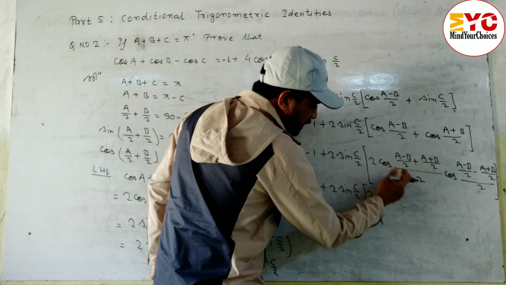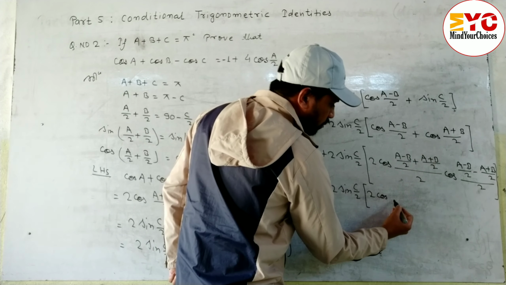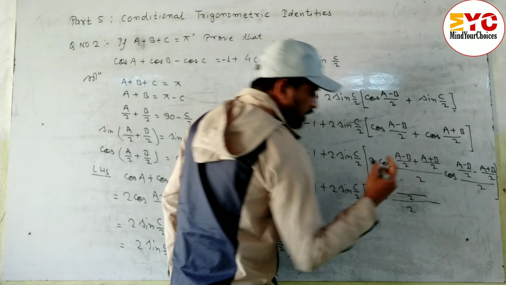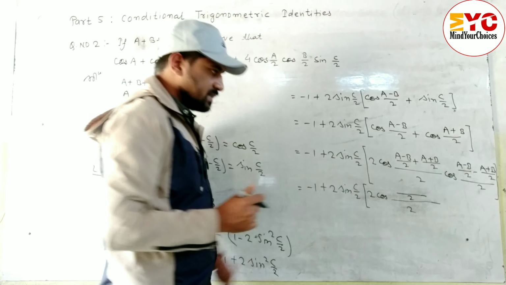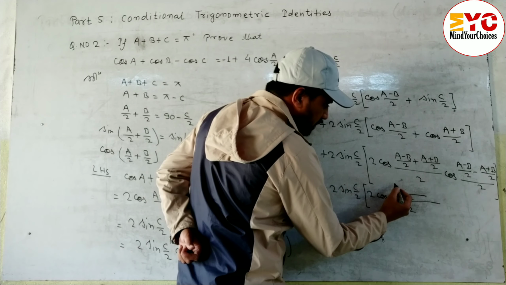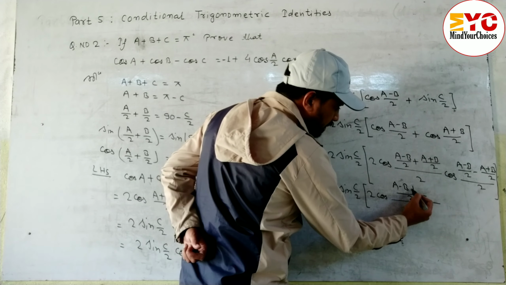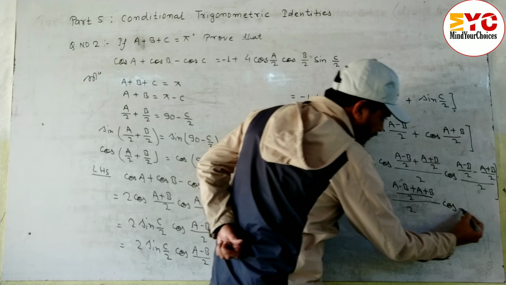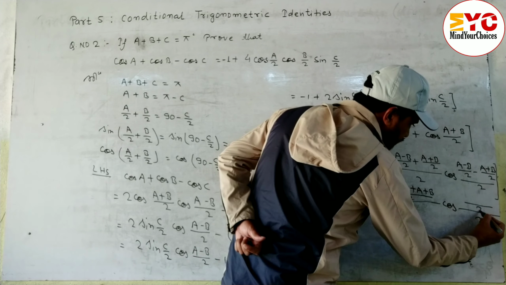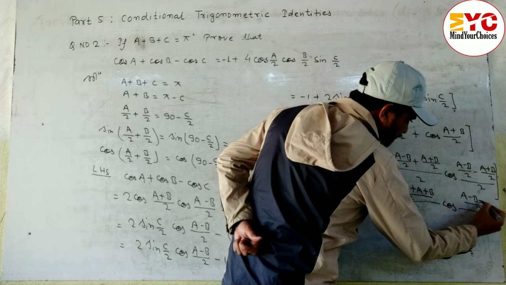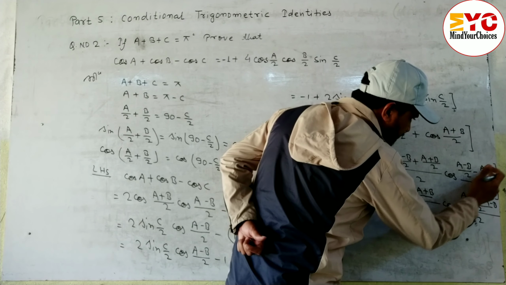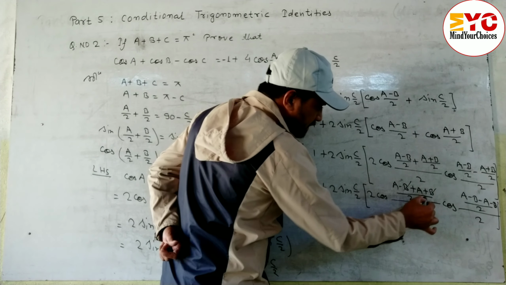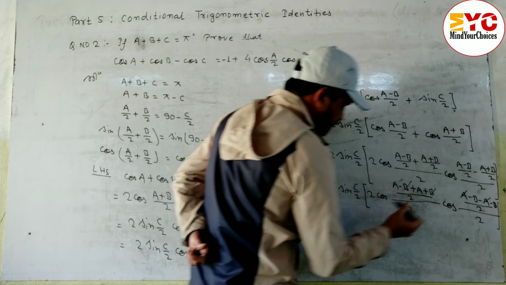2 cos, while taking LCM, what we get here is 2, right? Step by step you can understand. When you understand properly, after 1-2 videos I will do it directly. Taking LCM here 2, remaining A minus B plus A plus B. Hope you can see properly. In cos here also we can take LCM 2, A minus B minus A minus B, minus plus minus. Okay, now B and B cancel. Here also A and A cancel.